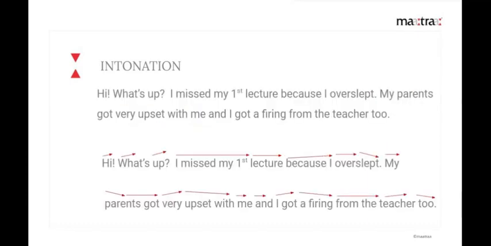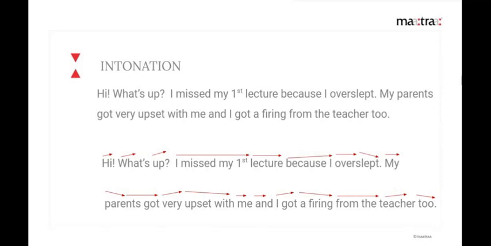Now let's understand this better with another example. Right? Hi, what's up? I missed my first lecture because I overslept. My parents got very upset with me and I got a firing from the teacher too. Did you hear that? Now let's say it differently and note how the words move up and down like the